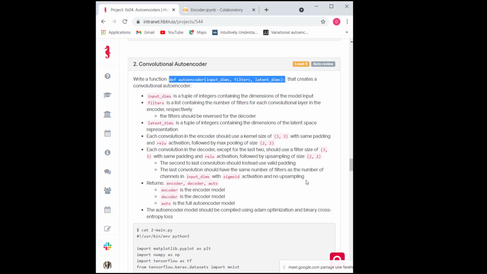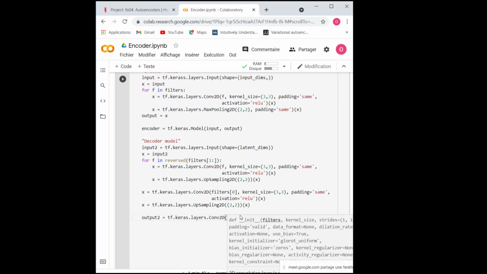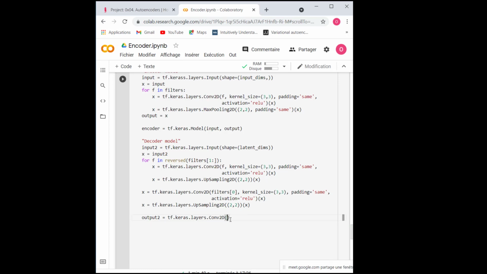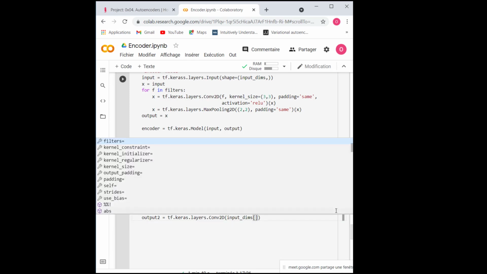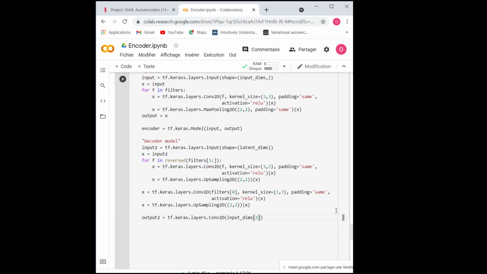My filter will be the number of channels of my input, which is the third dimension, so it's going to be the second axis. This is for the filter.